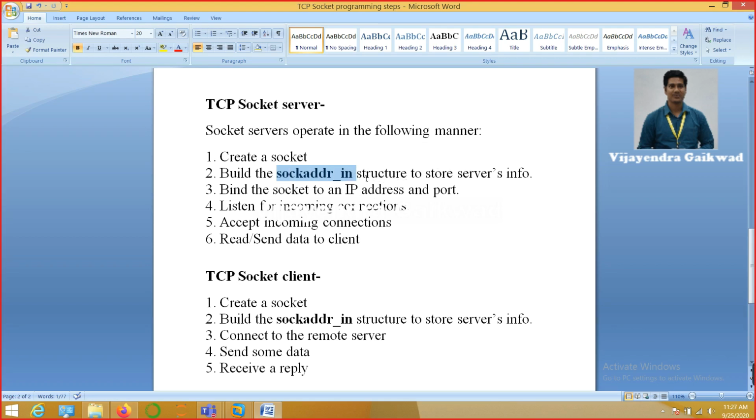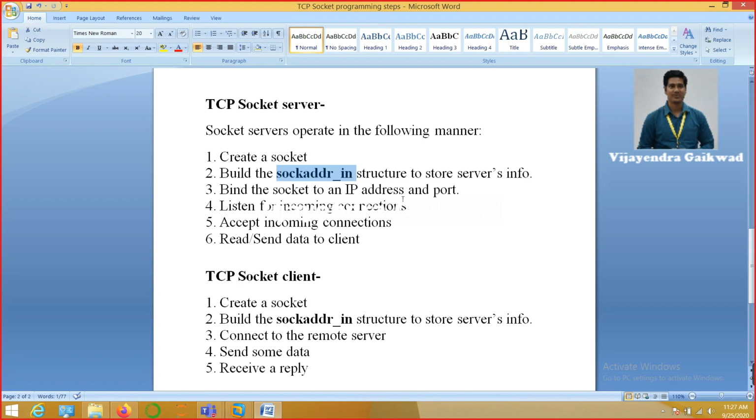This structure actually has three structure members. One is for storing the port number, and one is for storing the addressing family which is being used by the server. Definitely if we are using IPv4, we will use a constant AF_INET.